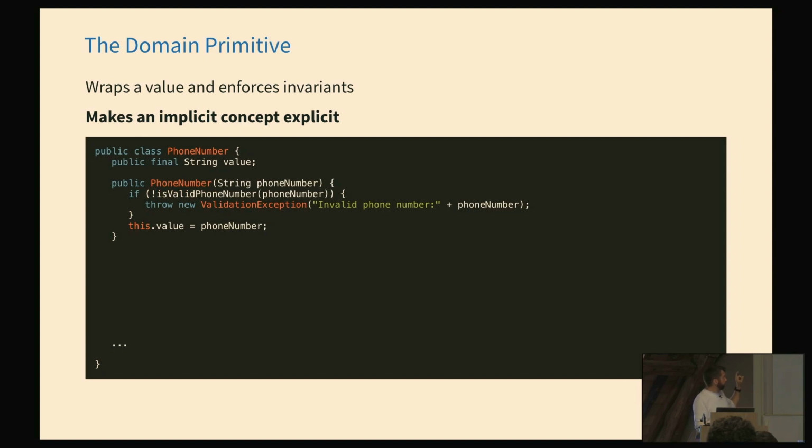So if the phone number given to create this object is actually invalid, we'll throw an exception. So whenever you have an instance of a phone number object, you know that the data inside of it has been validated. You can't have a phone number object with an invalid value because it's checked in the constructor. In this case, we've used a static method to do this